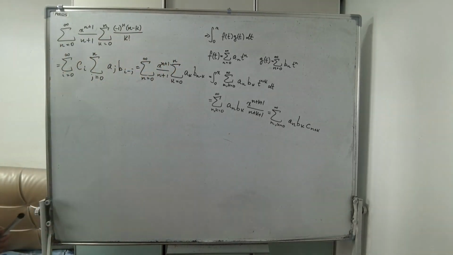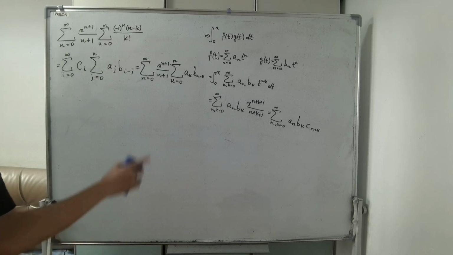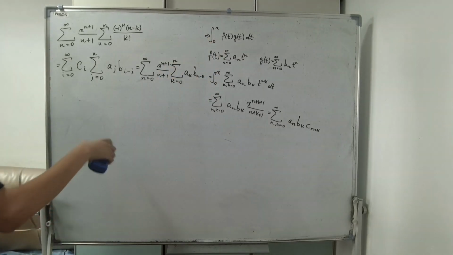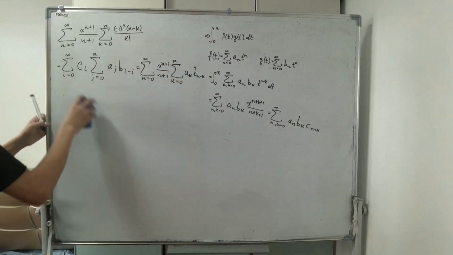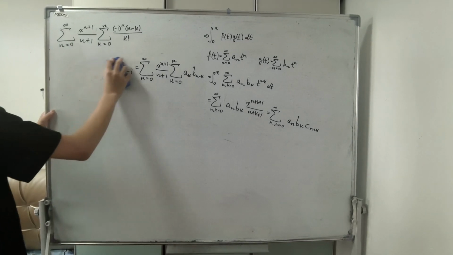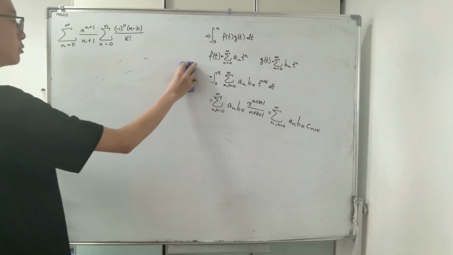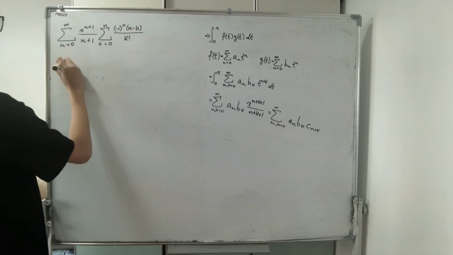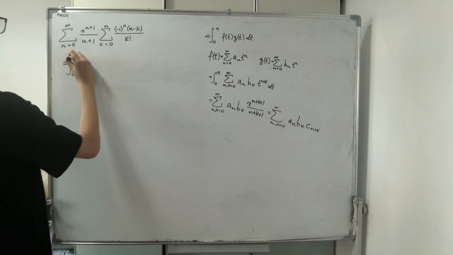I think I took way too long explaining it. So what we can do is basically reverse this. We can reverse what we've done so far, and I'm actually going to erase this. So we can reverse what we have done so far, and we'd actually get an integral from 0 to x